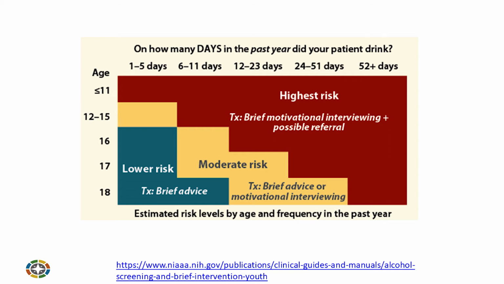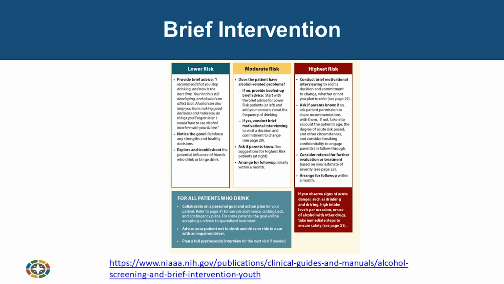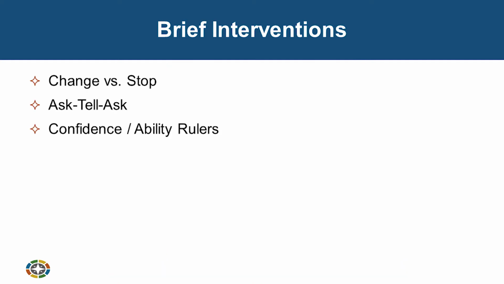And you estimate risk levels by age and frequency. For lower risk, you sort of affirm low drinking levels. For moderate risk, you offer some brief advice, and for highest risk, you evaluate whether somebody has an alcohol use disorder and consider arranging treatment. And when it comes to doing a brief intervention or offering some brief targeted advice,